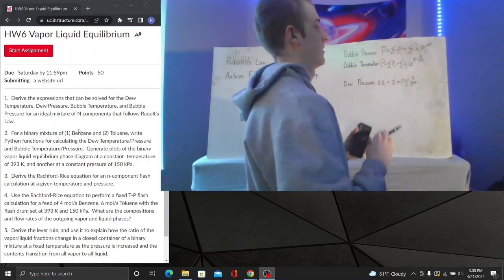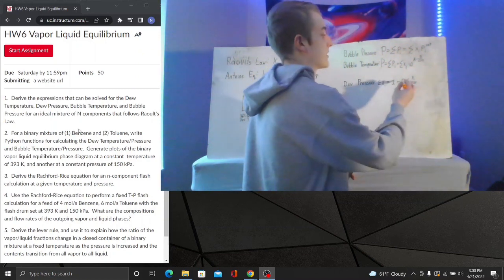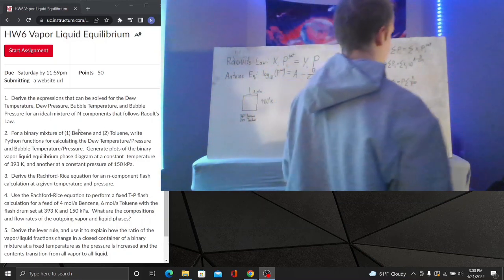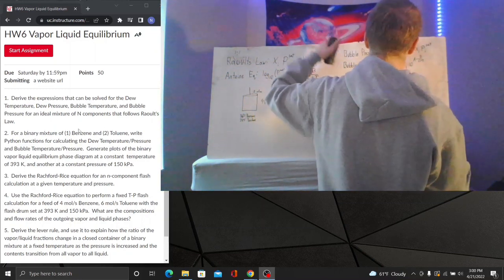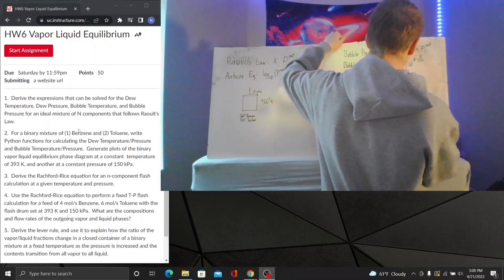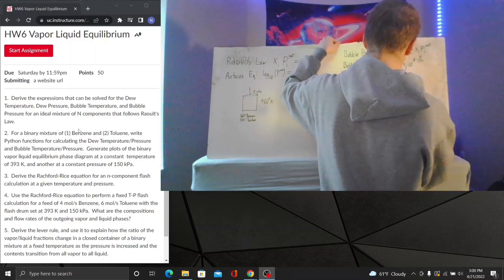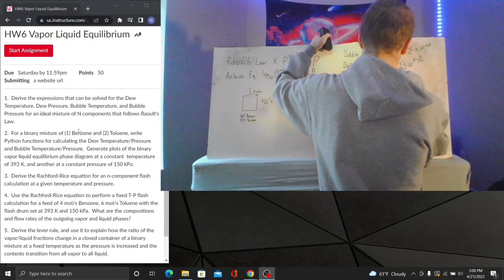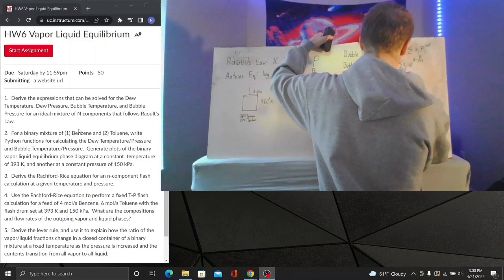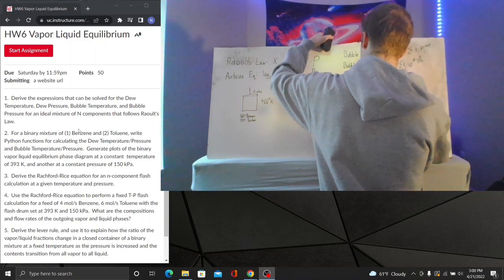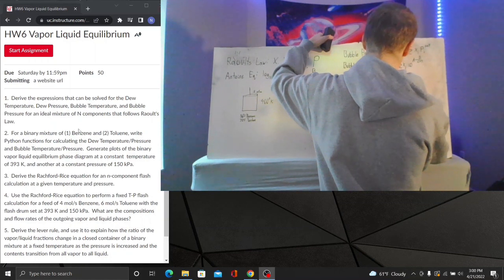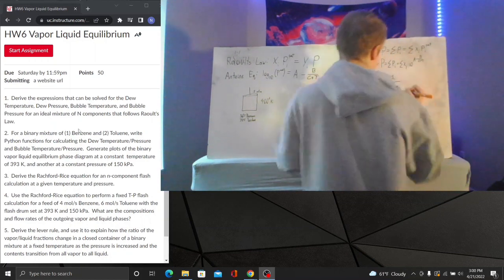And now finally, we can divide both sides in order to isolate this P. So our final equation will just be that P will be equal to 1 over our sum of y_i over our pure saturation vapor pressure. And that will be our equation